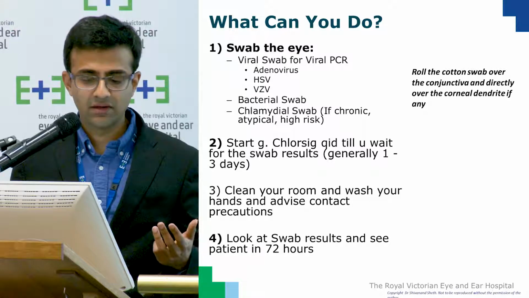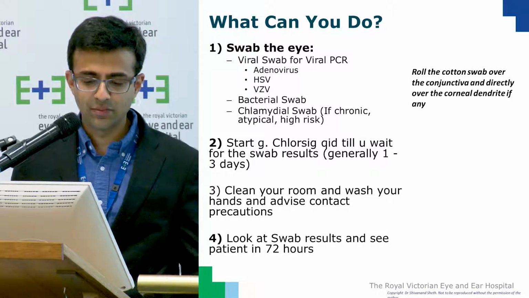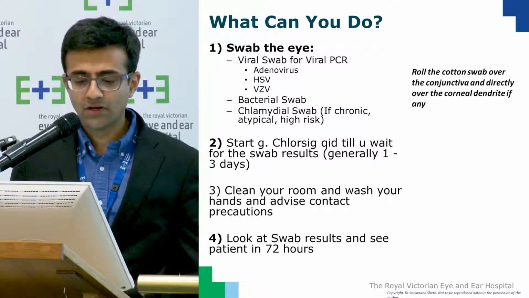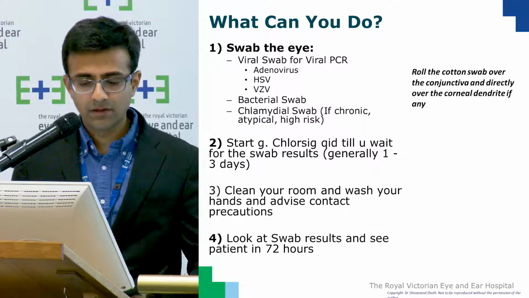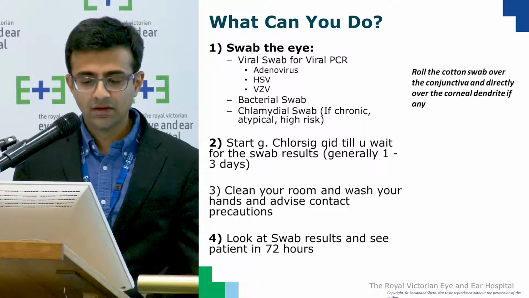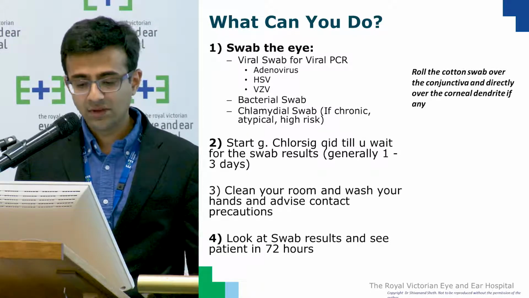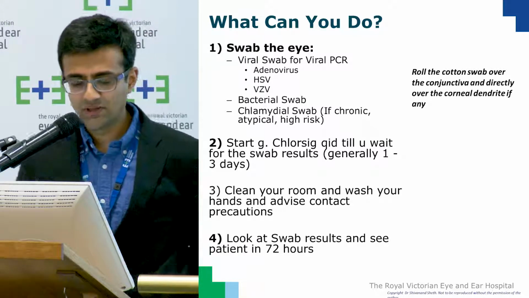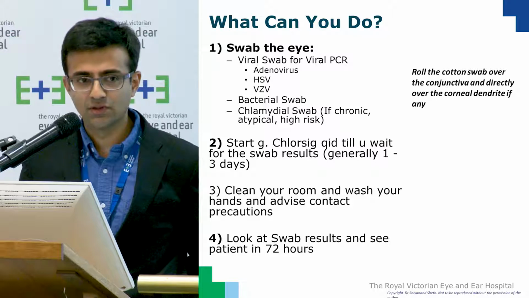If you're suspecting bacterial conjunctivitis based on the discharge being a bit thick or mucopurulent, or bacterial conjunctivitis is also more common in the child, you could send a separate bacterial swab. Or if it's a chronic, discharging eye, it could be viral, but sometimes in a high risk patient, it could even be chlamydial. But we don't routinely check for it unless we have suspicions that it's not getting better or